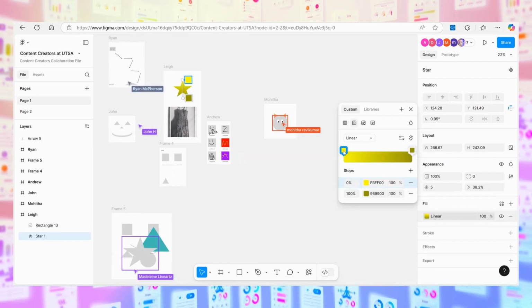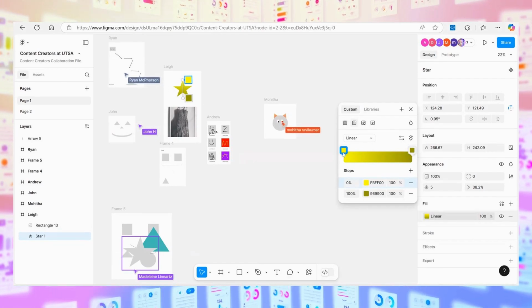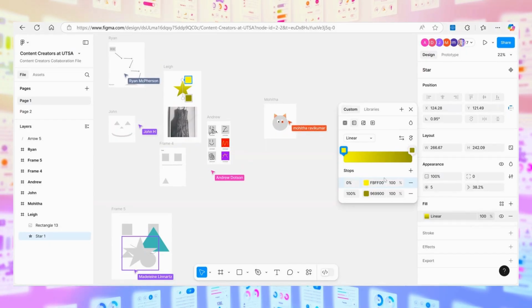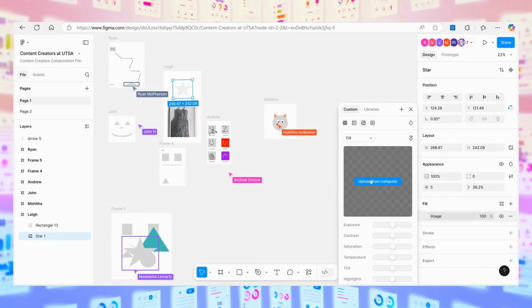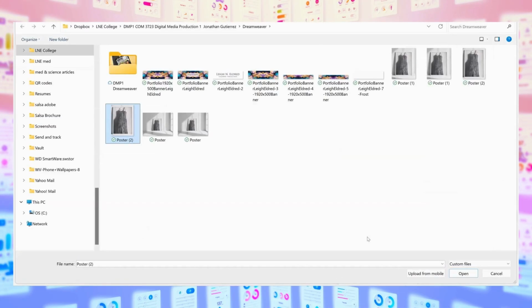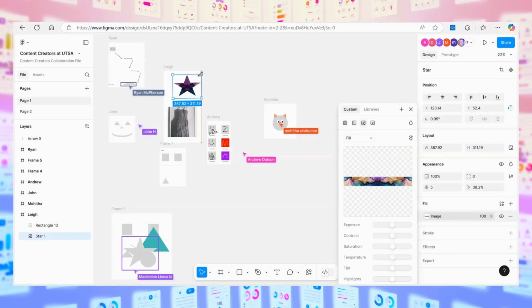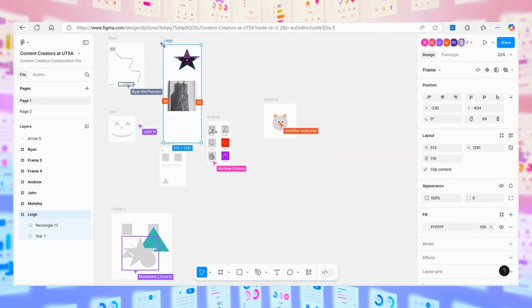So really, there's a lot of fun things. She was playing around with, you can hit linear when you're filling the color and play with that gradient. And you can literally manage it however you want to. So that's pretty fun too. And if you want to even put an image in a star, you can have at it. Boom. So completely fun stuff. Does anybody have any questions while we're going?